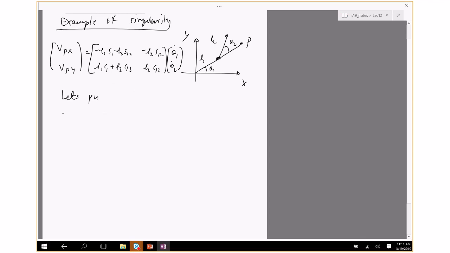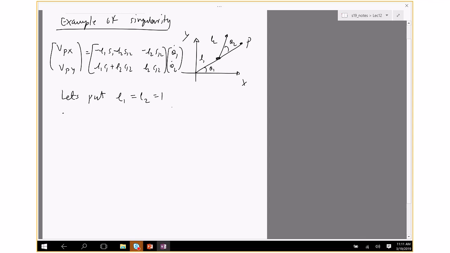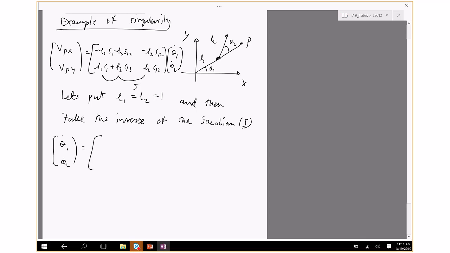The calculations become very lengthy, so I'm going to put L1 equals L2 equals 1, and then take the inverse of the Jacobian J, which is this. So when I do that, I get theta 1 dot, theta 2 dot equals C12 divided by S2, minus C12